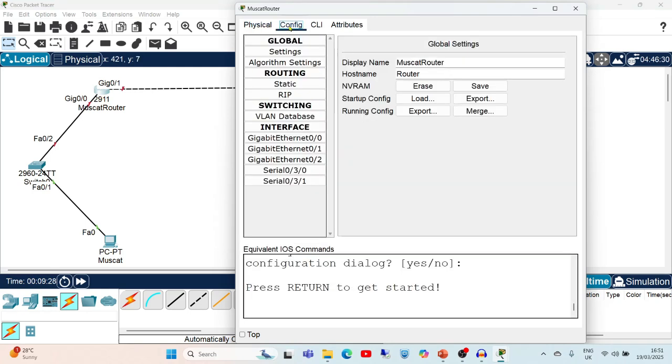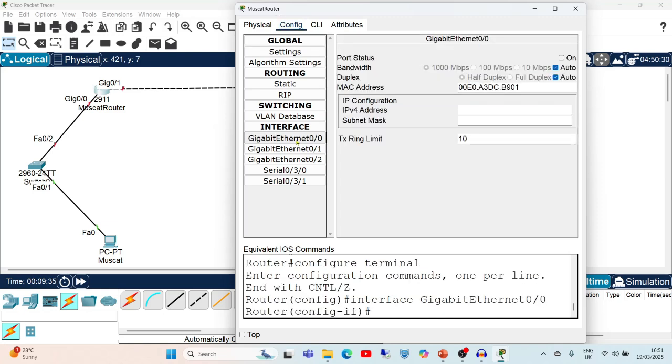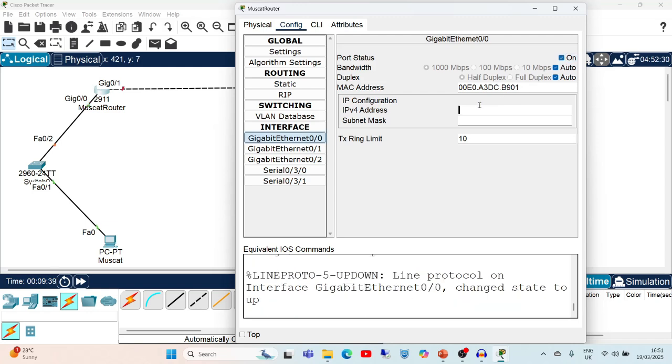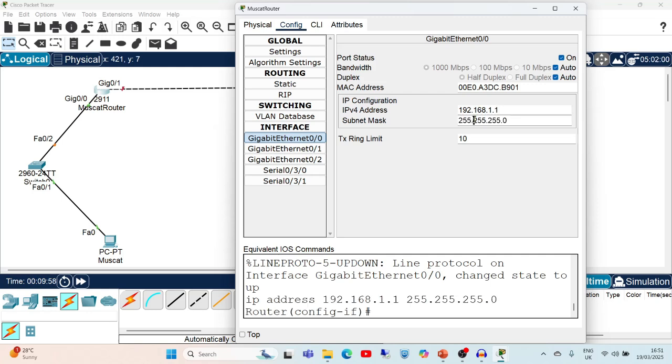Within the configuration, switch on gigabit Ethernet 0/0, and then enter the IP address 192.168.1.1, and click on the subnet mask.